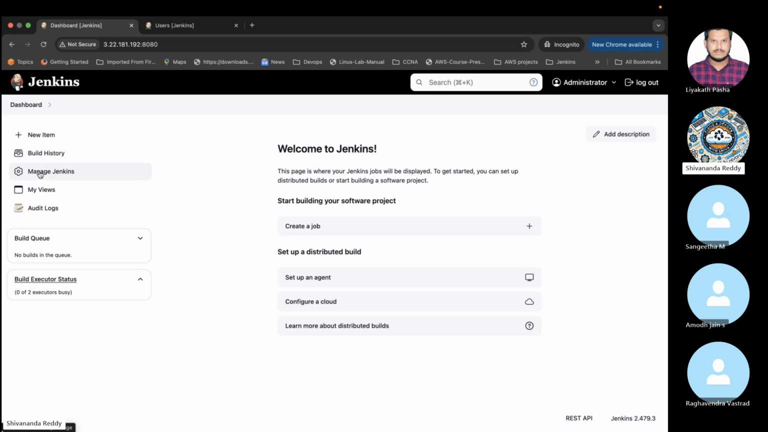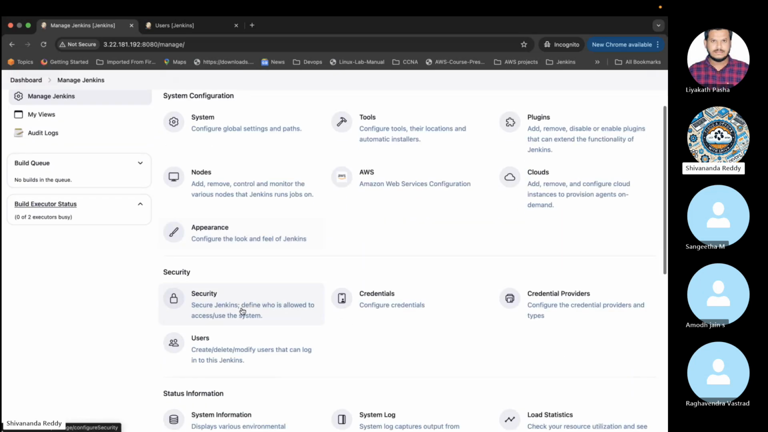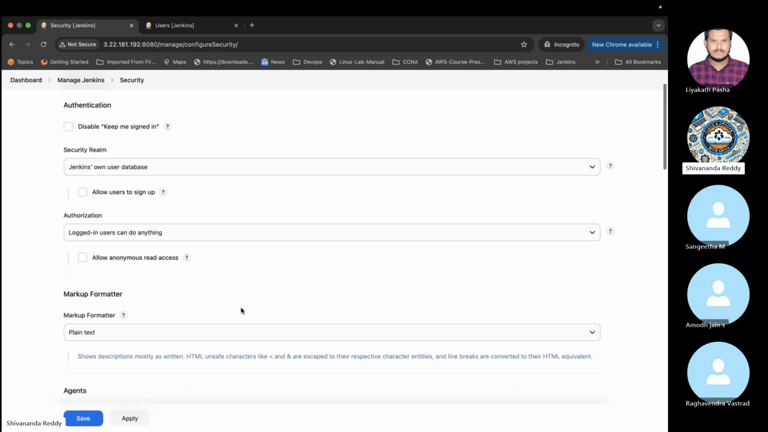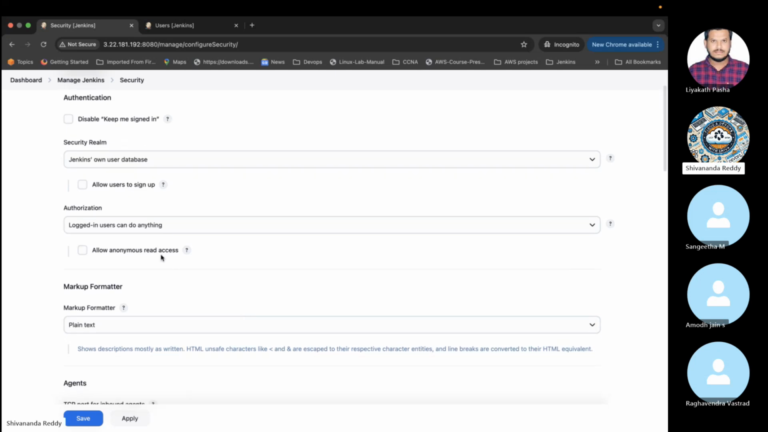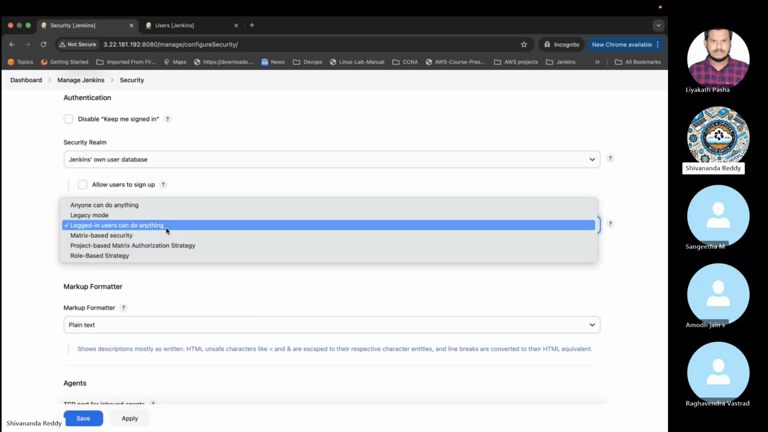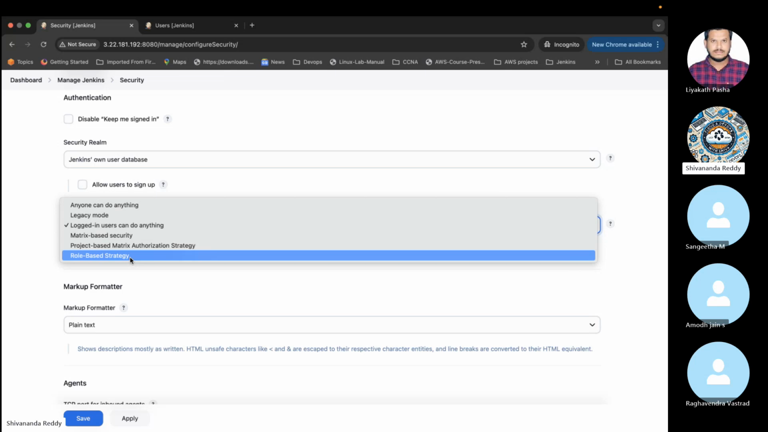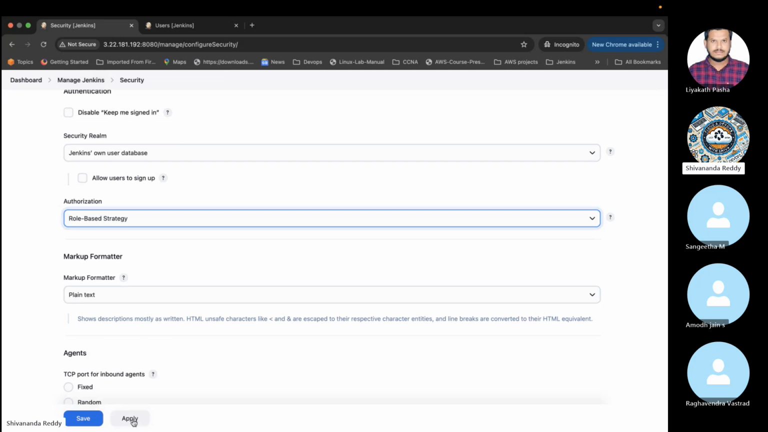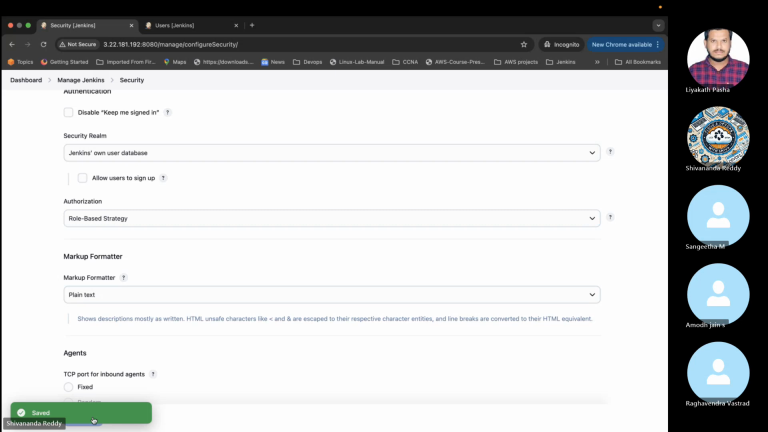Where to change? Manage Jenkins, right? Manage Jenkins, then security. Then can you see here? Logged in users can do anything is there. I have to change that to role based strategy. Once I select role based strategy, then apply and save. Now, if you guys refresh now,